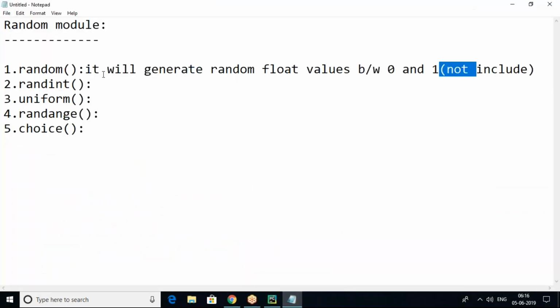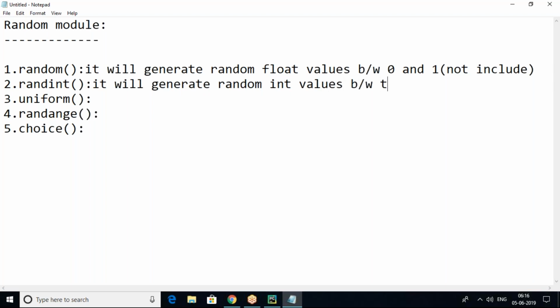Next, randint is there. It will generate random int values between two given numbers only.